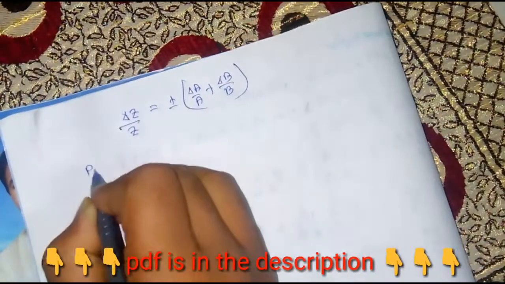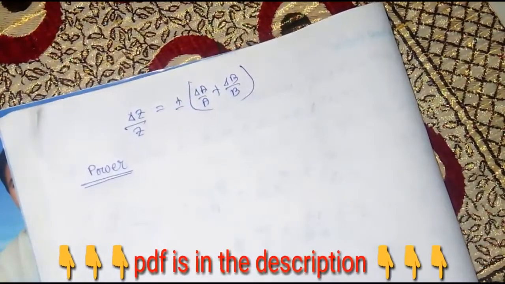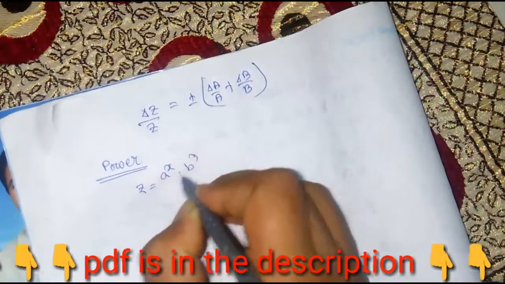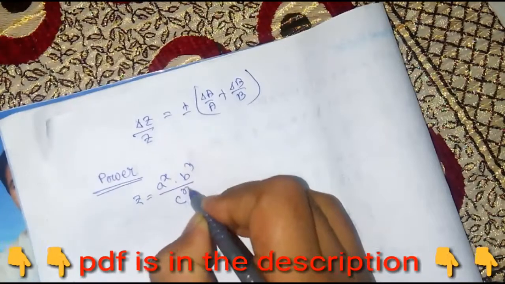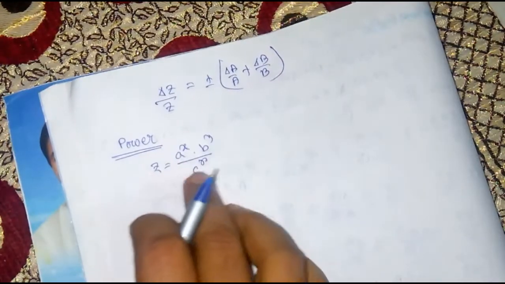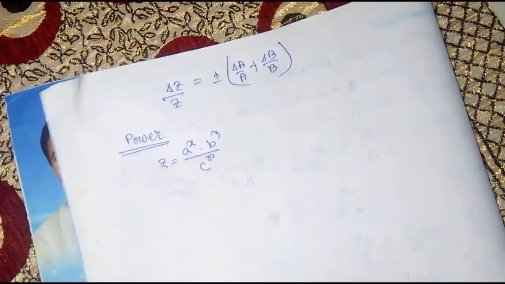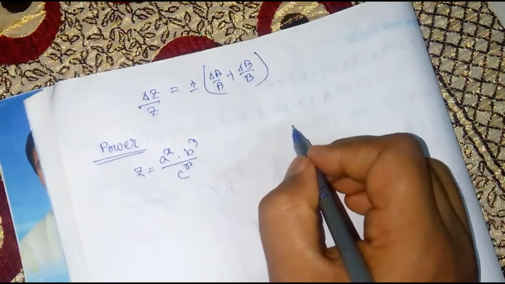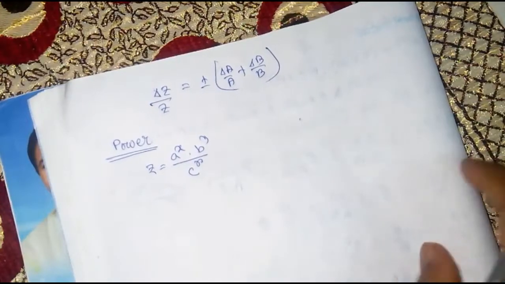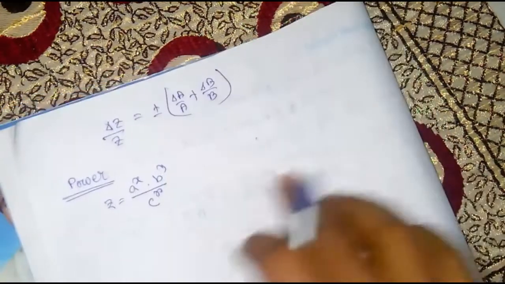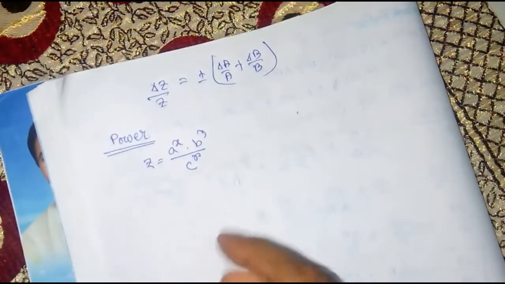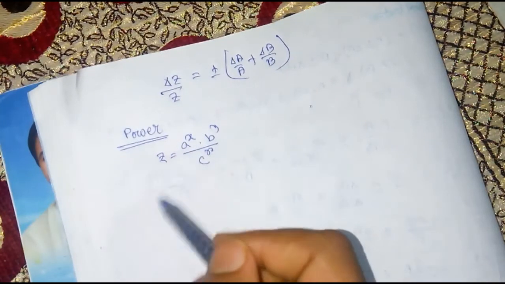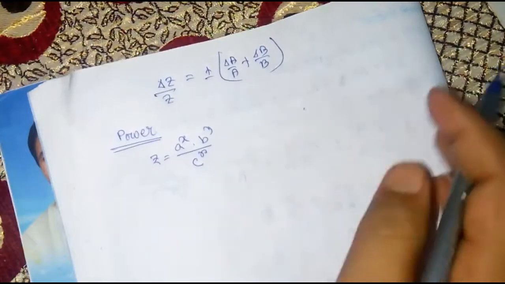So let's see what will be the error in power. Suppose a value has z equals a to the power x into b to the power y and c to the power r. Okay. So to calculate the error in terms of power, we have to take the logarithm on both sides. So what is log? You may know what log is, but if you don't know the formulas of logarithms, in physics you have to memorize these things, otherwise you cannot understand. You have to know the formulas of logarithm and derivation of any mathematical term. So let's see, if you don't know, I will write those formulas.